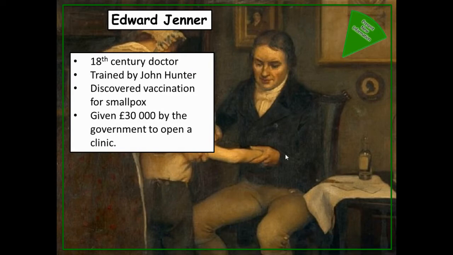And because of its success, at the turn of the century, in the 1800s, he was given £30,000 by the then government to open a vaccination clinic. Following on from this, in 1852, the government made it the law that all people should be vaccinated against smallpox in England. And even further on from that, in the 1980s, smallpox was one of the first massive diseases to pretty much be eradicated from the world. So we don't see people dying as a result of smallpox, and that is a direct result of the work and research of Edward Jenner.